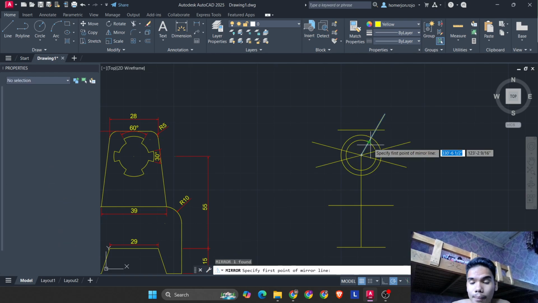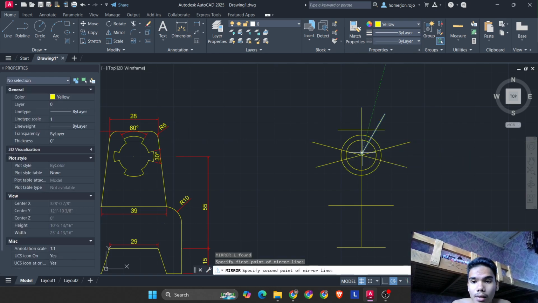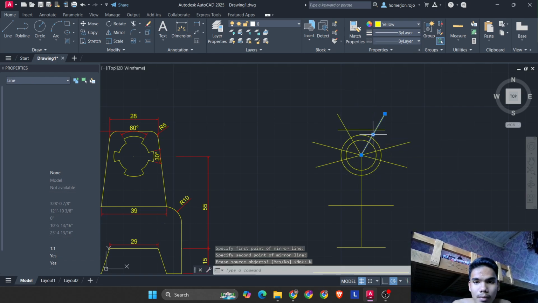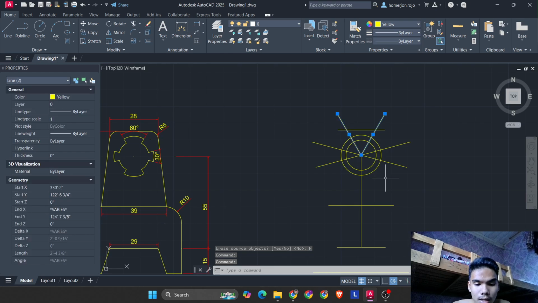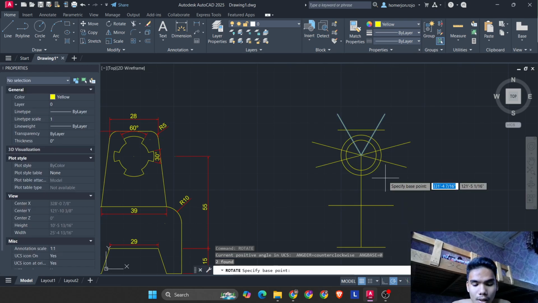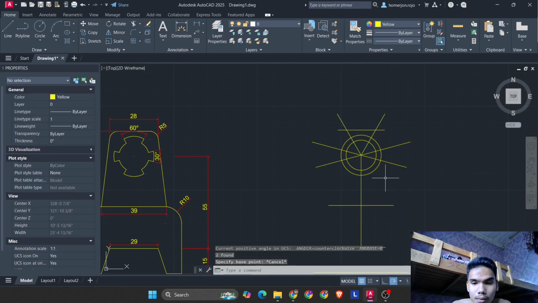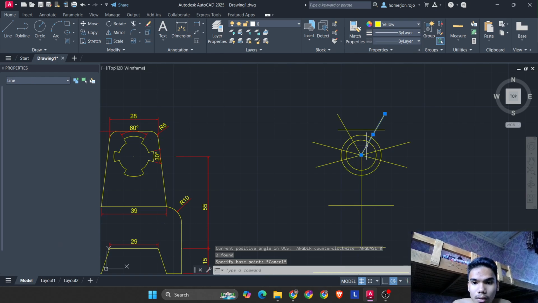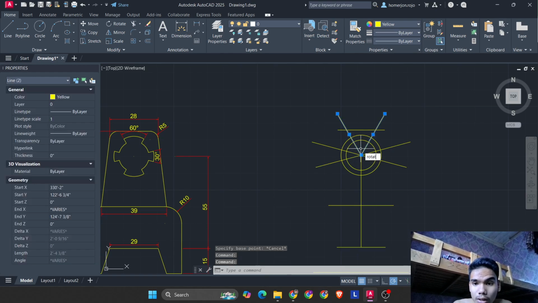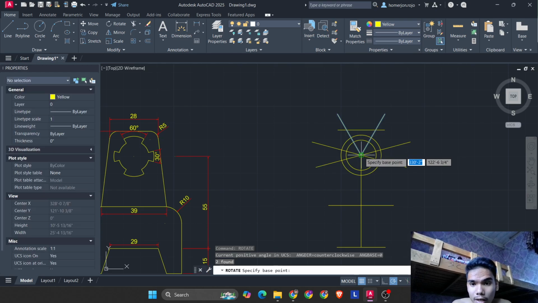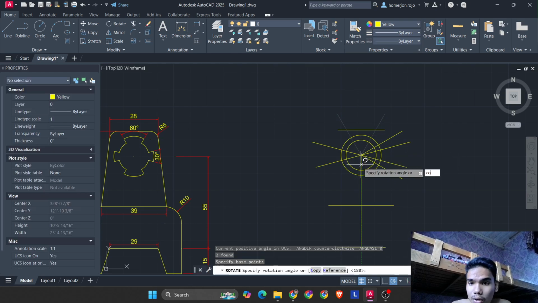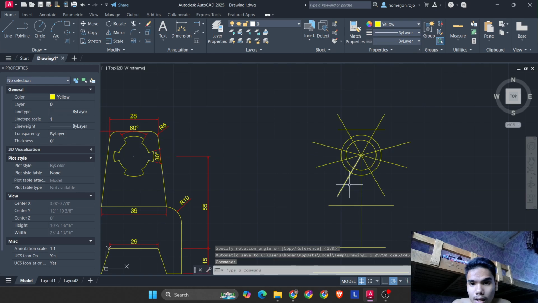Mirror that, and then rotate this: rotate, specify base point. Then you have your figure.